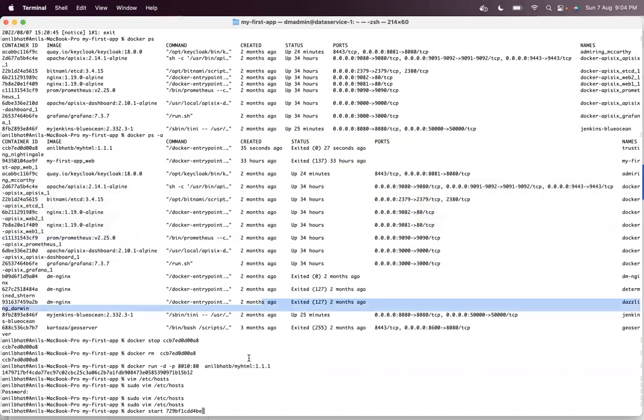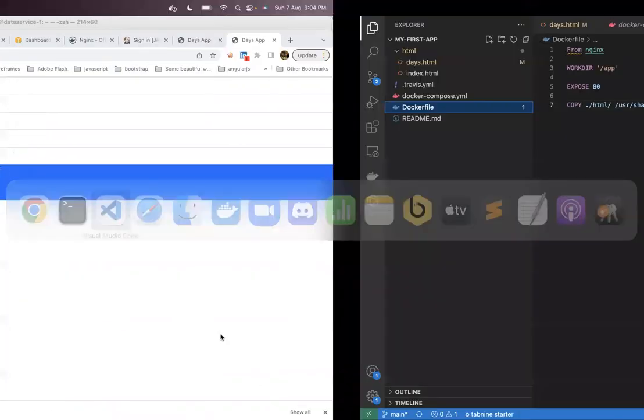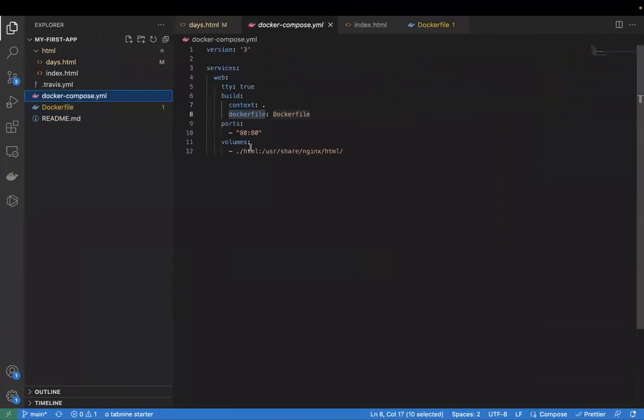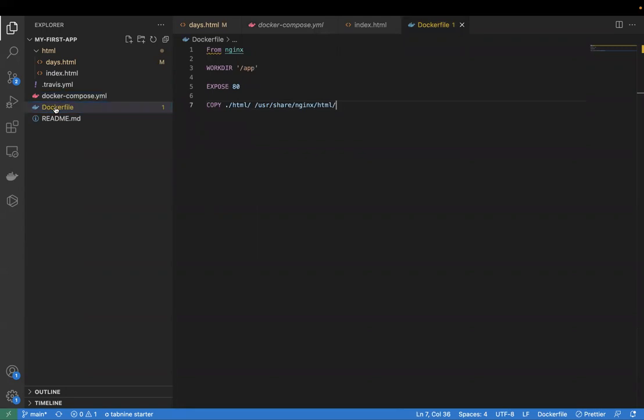What that actually means is, in your machine, the .html folder will be mapped to the /usr/share/nginx/html folder. So it is a mapping. In the previous example, in the Dockerfile, you are explicitly copying all the contents of the HTML folder into the Docker image folder path /usr/share/nginx/html.